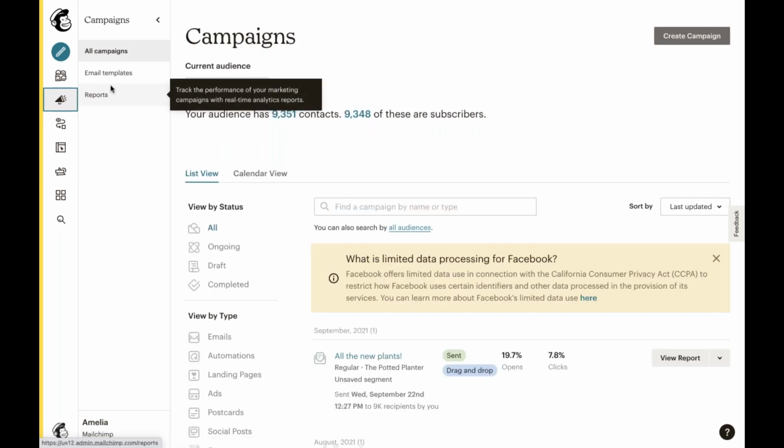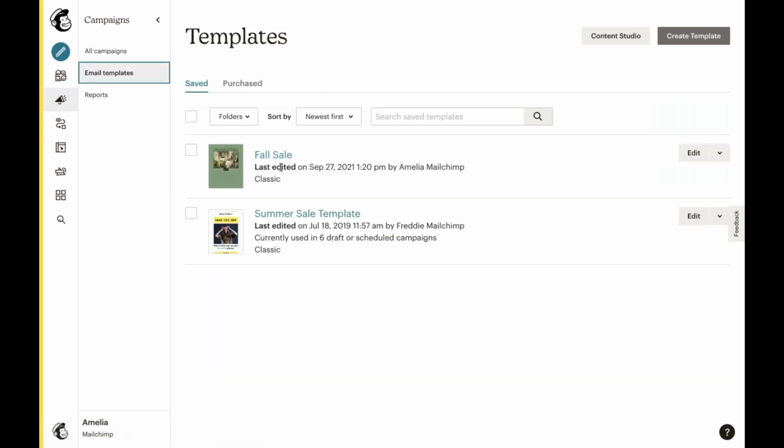And now in the secondary navigation menu, we're going to go ahead and select email templates. And when you design an email campaign in MailChimp, you'll often begin with a template. This templates page is where you can find an existing template if you want to work with one, or you can create a new one. You can think of templates as the building blocks of your emails in MailChimp. Keep in mind that if you haven't created a template yet, you're not going to see anything right here.